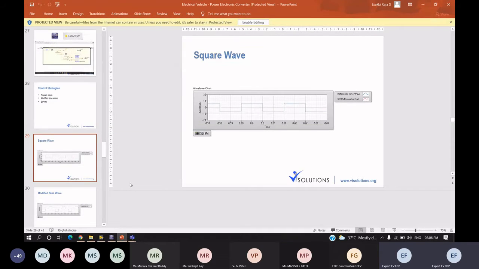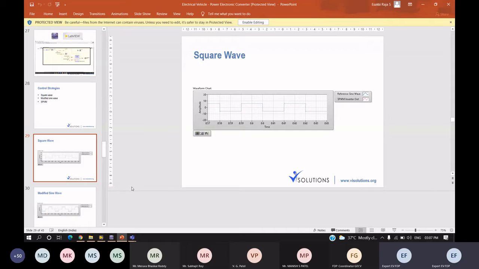Square as a reference signal, and people think that if it is an AC signal, it should only be a sine waveform. It is not like that. Whatever signal varies with respect to time, it can be a square, it can be a sawtooth, it can be a triangle. We can take any signal. All these signals are AC signals only. It is not that only a sine waveform is an AC signal. What are the signals which vary with time? All we can consider as AC.